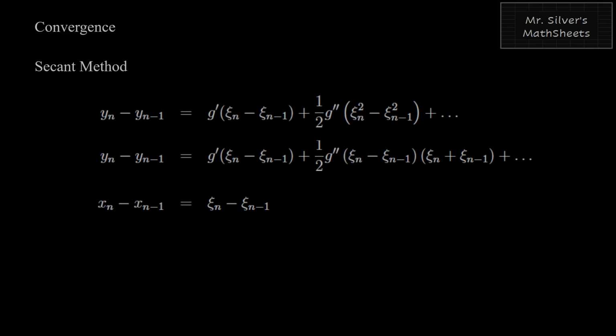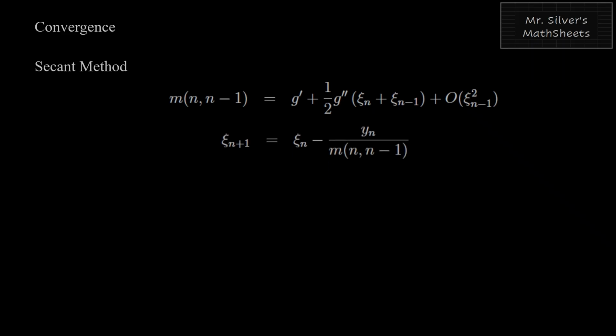And that's the denominator, xi n minus xi of n minus 1. So we get a nice rule for the slope term. It's g prime plus g double prime times the average of xi n and xi n minus 1, plus some